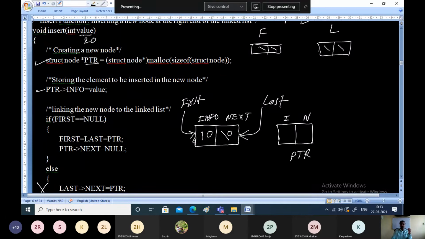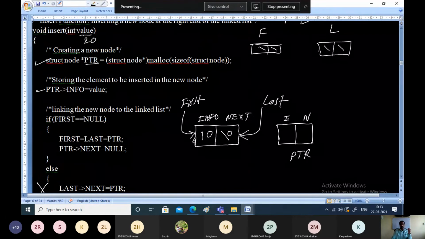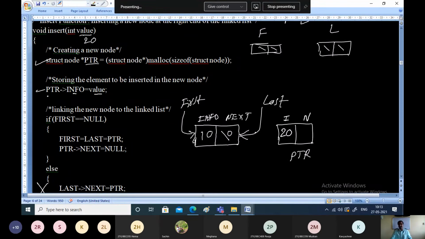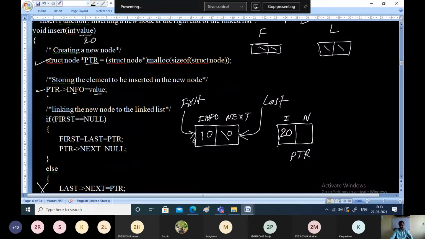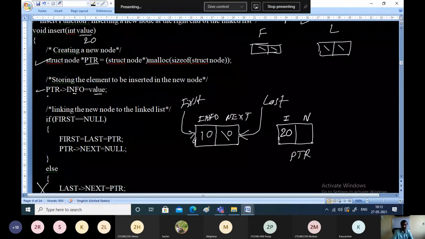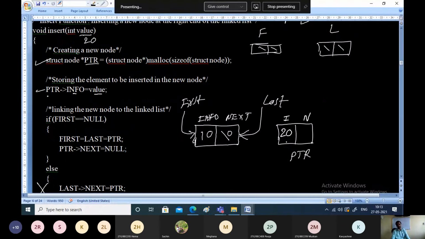So PTR pointer info is equal to value. What is value? Value is 20. 20 will get stored here. Now our new node is ready. You have to take it and attach it to this, because this link should be established now between the first node which was existing and the new node which we have just created.